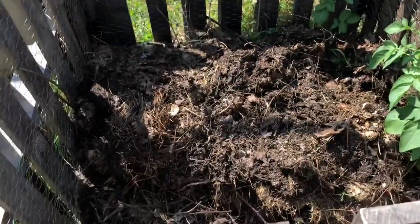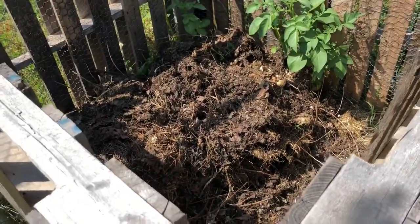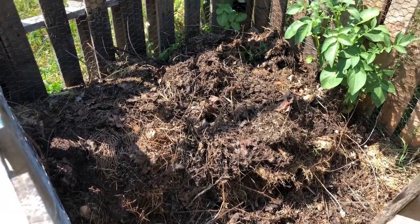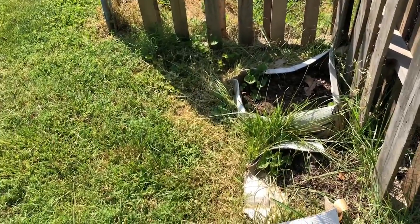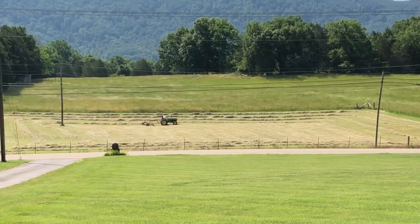And there's my compost pile, and in that it looks like I've got a few potatoes growing. And what do you say to that? I say let them grow, let them grow. Getting ready to add on to my compost bin by making a second one here in a not too distant future. Today is another day for making hay,